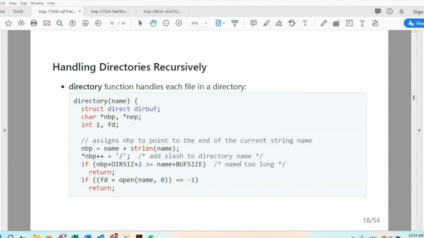Okay, now let's look at the most complicated part, which is the directory function. The directory function handles each file in a directory one at a time. So they will have 2 pointers, which are NBP and NEP. Okay, so first of all, we will point this NBP to the end of the current name